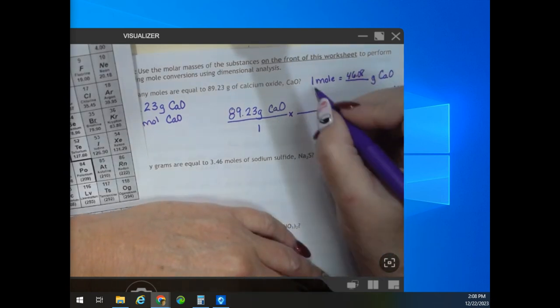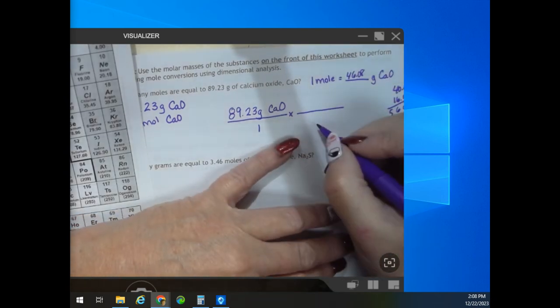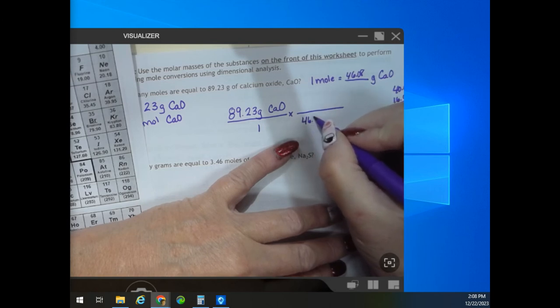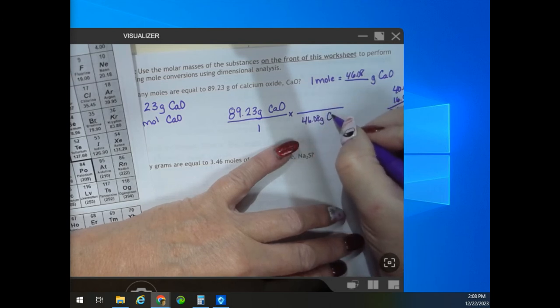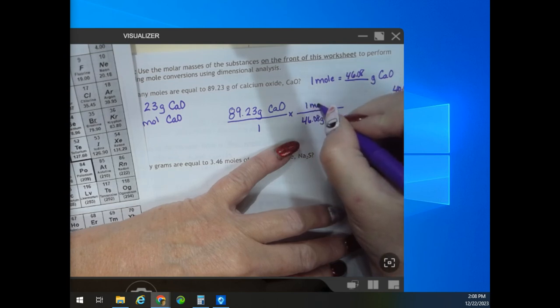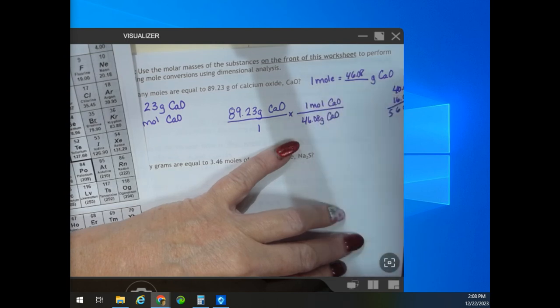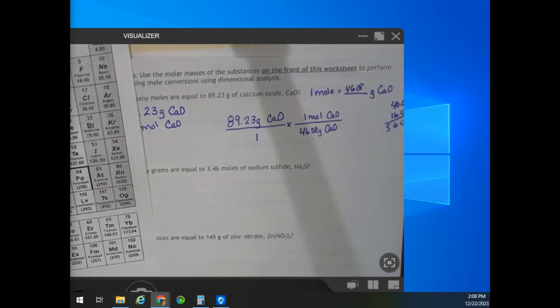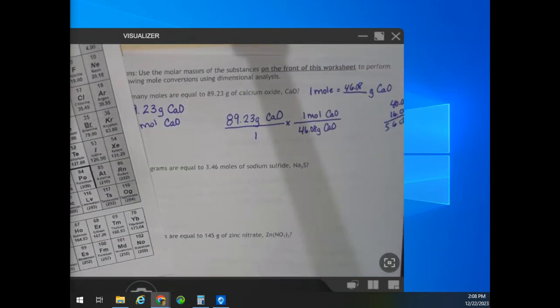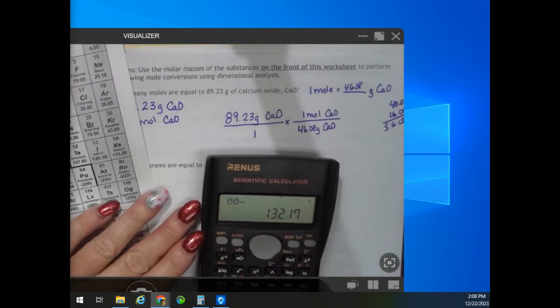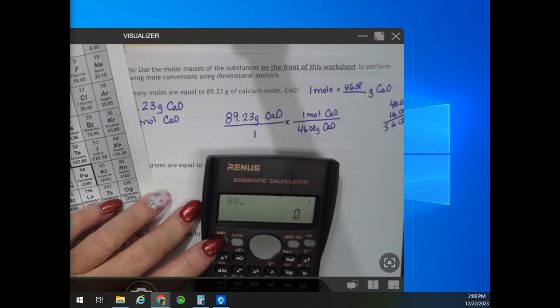All right, so now we're going to use that as our conversion factor. So 56.08 grams of calcium oxide is equal to 1 mole of calcium oxide. I'm going to plug this in. 89.23 divided by 56.08 gives me